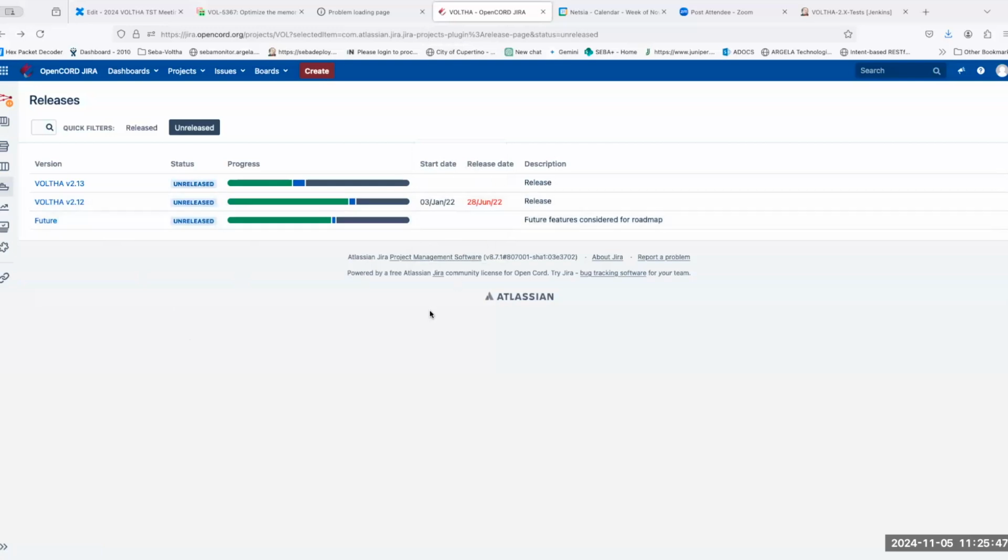Eric, I guess you have permission to do that. So could you please release VOLTHA 2.12? Because our next version is 2.13. This should have been released previously. Sure. I can also grant you permission for that. It would make more sense for you to have that access, I think. Okay, that also works. If you can give access to the TST members, we can release it.